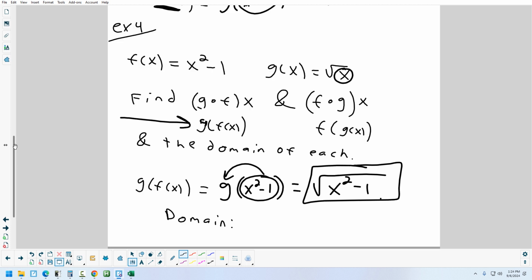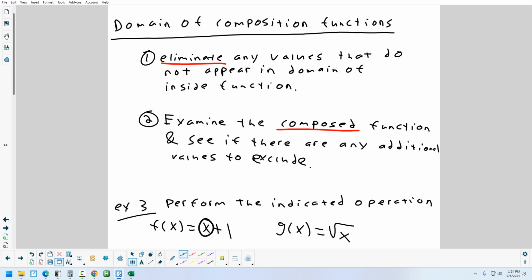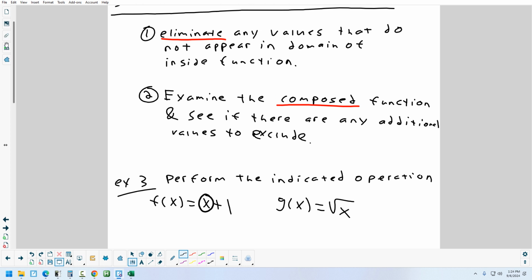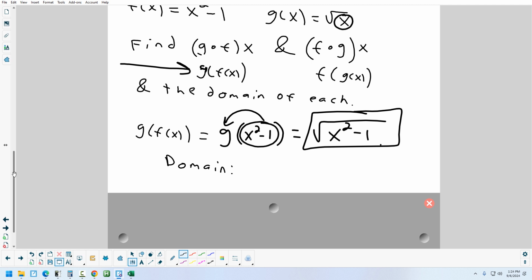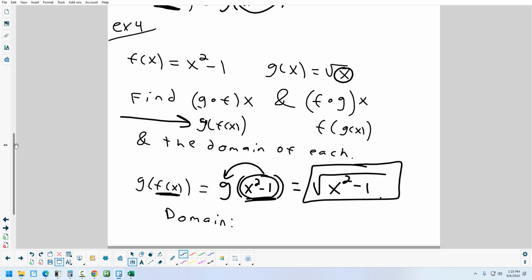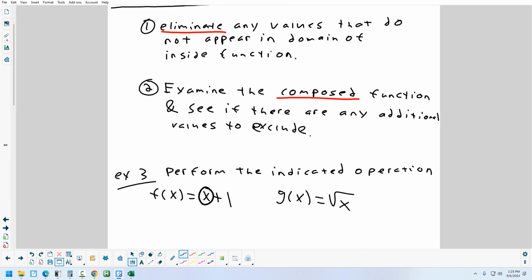Okay, domain. Eliminate any values that would mess up the inside function. This is the inside function, f of x. Are there any square roots in f of x? No. Are there any fractions with letters in the bottom? Not for f of x. Nope. So from step 1, nothing gets eliminated. The domain is still all real numbers. Now we look at step 2,